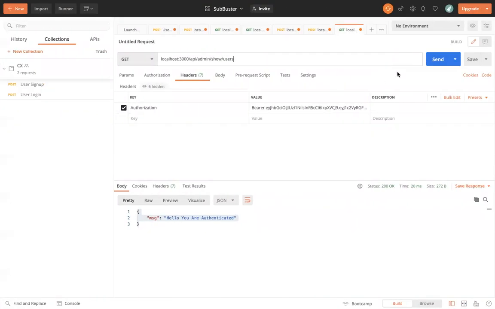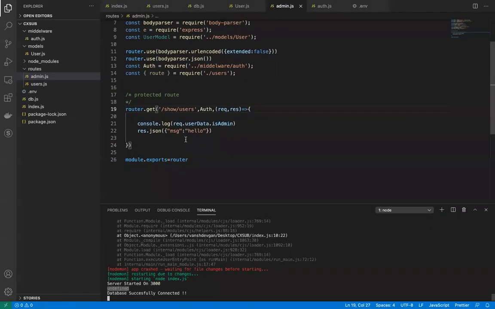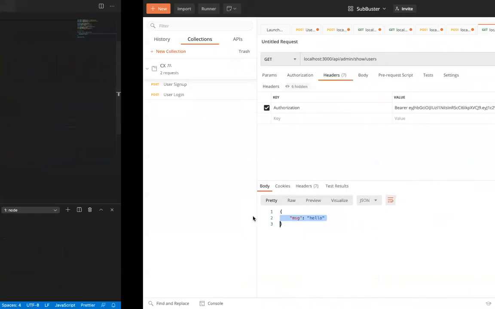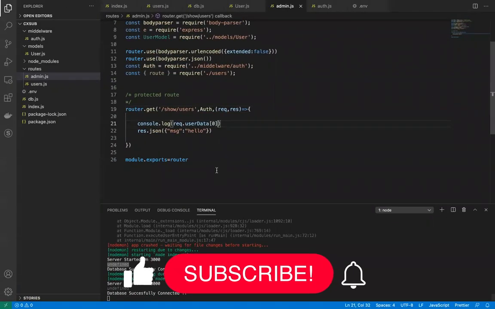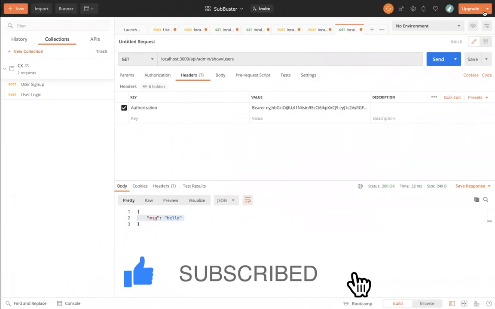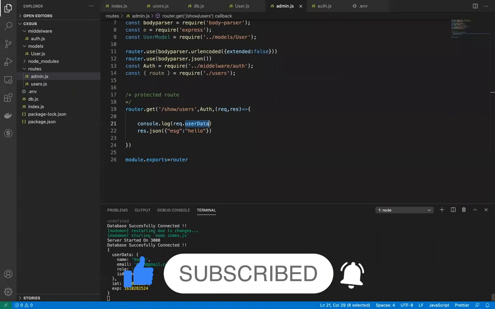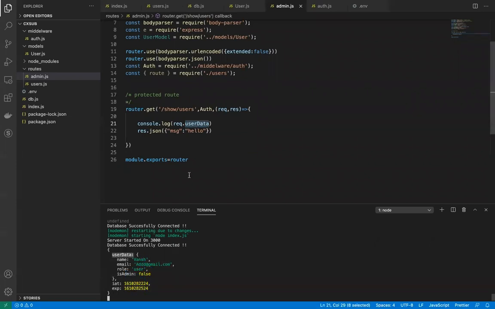If I go to this particular route, I am getting the message hello because the token is successfully decoded, and we are getting an undefined value over here. So I think we need to do something like this, and we are again getting the undefined value. Let me just see request.userData, is it fine? Yes, in the userData we have this particular value, and it's a JSON object. So userData.userData, I think it's now like this.